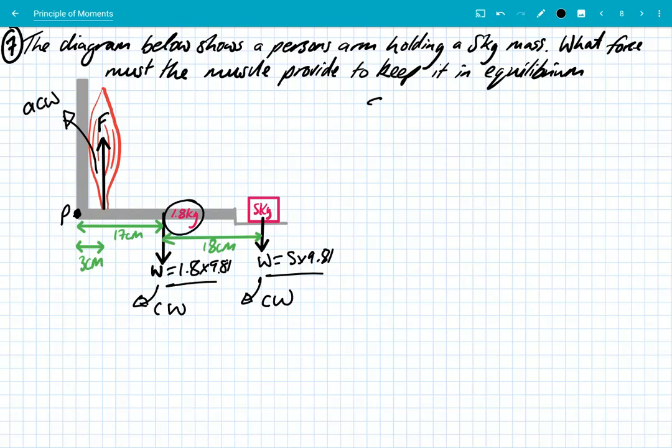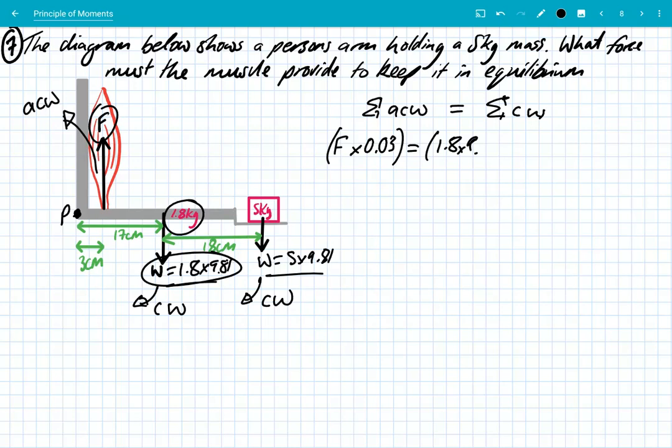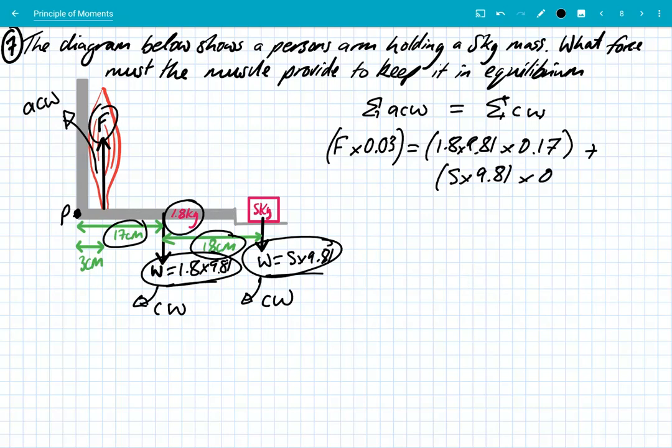So we write our principle of moments. Sum of anti-clockwise moments is equal to the sum of clockwise moments. We've only got one anti-clockwise moment, and that is the force here. So we say that F multiplied by 0.03, because we're using meters, is equal to 1.8 times, we're looking at this force first, times 9.81 multiplied by 0.17 plus, looking at this moment now, 5 times 9.81 multiplied by the distance. Now the distance is 17 plus 18 centimeters, which is 0.35